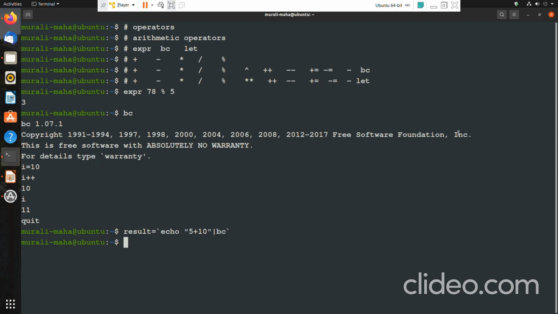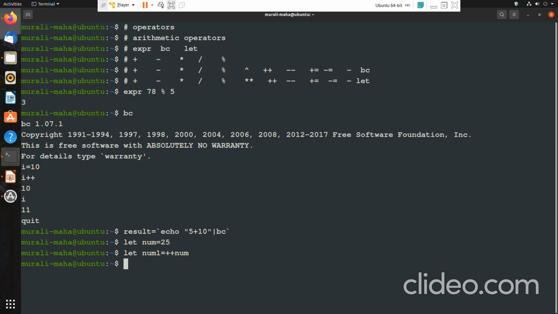Next, let us understand a couple of operators with the let command, like let num equal to 25, let num plus plus, let num1 equal to plus plus num. After this statement, what would be the value of num1? Plus plus is a pre-incrementing operator here.